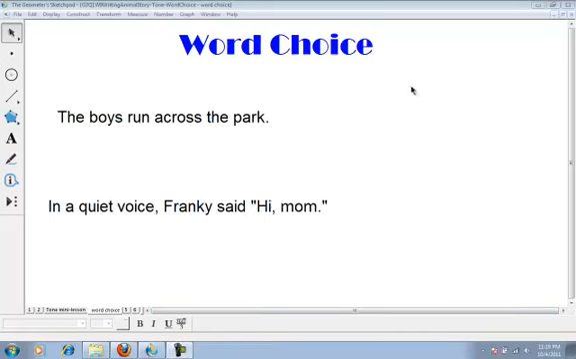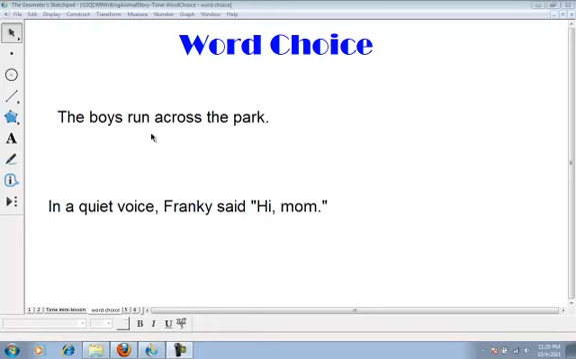In this lesson, we're going to learn how word choice can make our writing even better. The words we choose help give our writing a flair or help make our writing more entertaining for others to read and help paint a more vivid picture in the mind of our readers. Now, we can take this sentence, "The boys run across the park," and we can make it even better by choosing to replace a simple word or a common word like run with one that's more specific and paints a